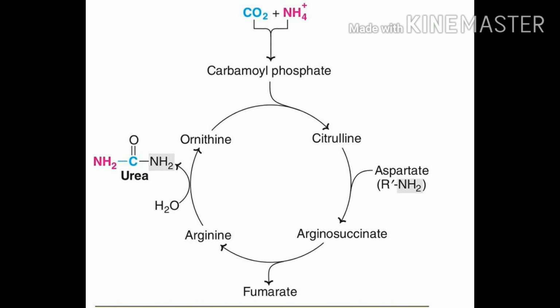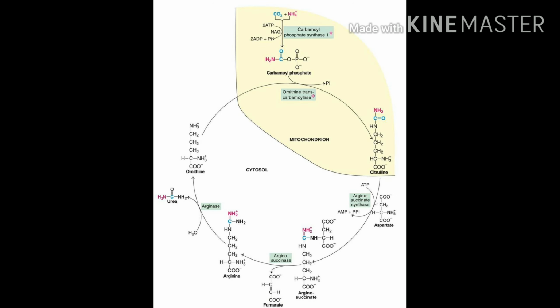It basically contains 5 steps, and we will discuss in details about the steps in the next slide. The urea synthesis is a 5-step cyclic process with 5 distinct enzymes. The first 2 enzymes are present in the mitochondria, while the rest are localized in the cytosol, that you can easily identify from the diagram given in this slide. Now let us discuss in details what happens in the urea cycle.